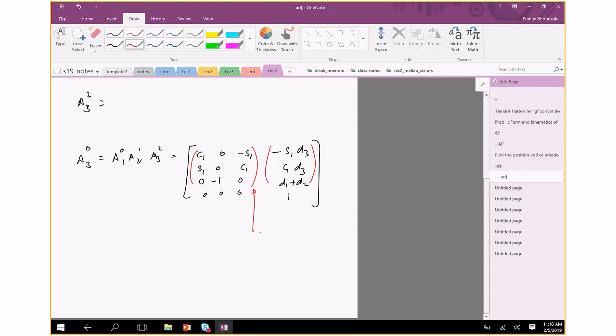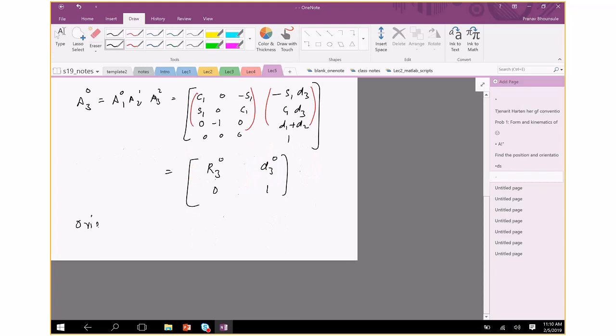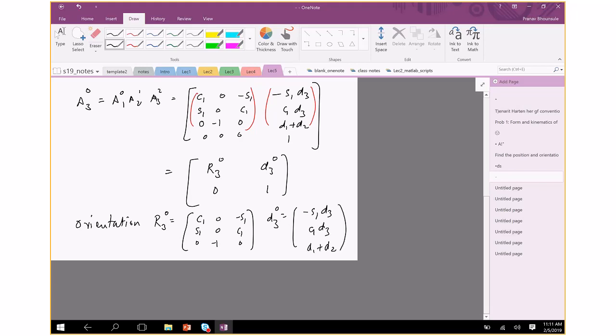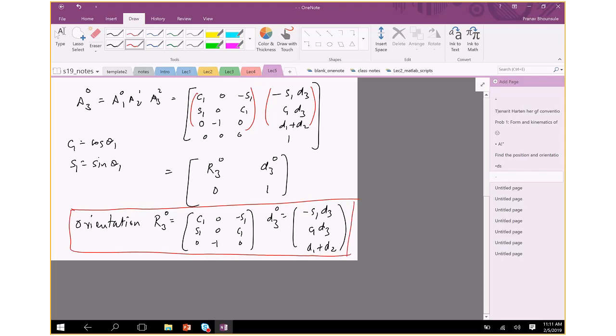So this part is orientation. Let me write it this way. What I've written down is basically R30 and T30, and so the orientation is R30, which is the 3 by 3 matrix. And the end effector position is S1 d3, C1 d3, d1 plus d2, where C1 is cosine theta 1 and S1 is sine theta 1. Okay. So the last part is fairly simple. The first two parts